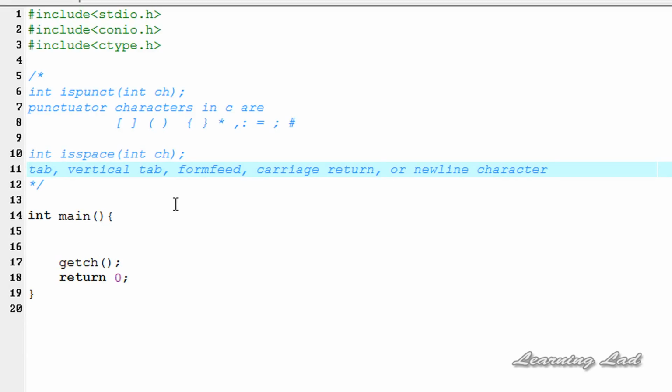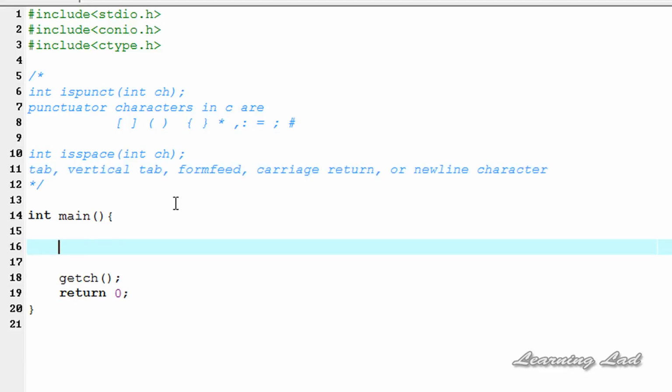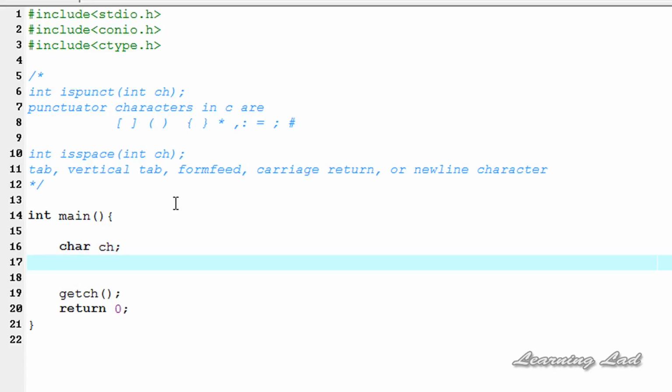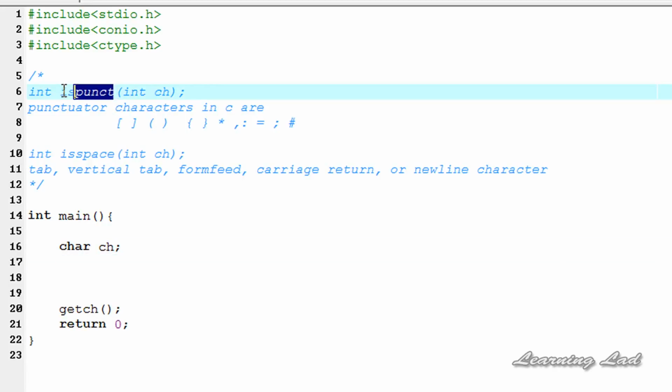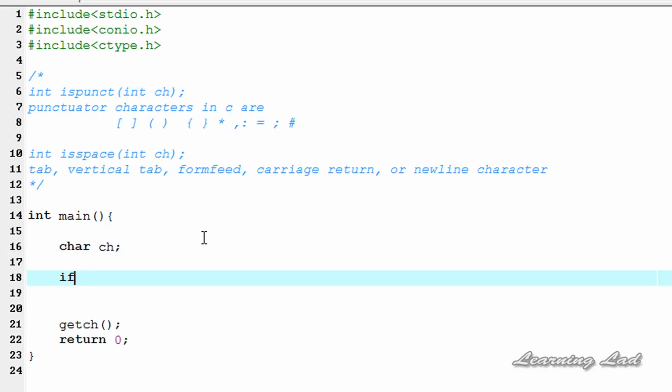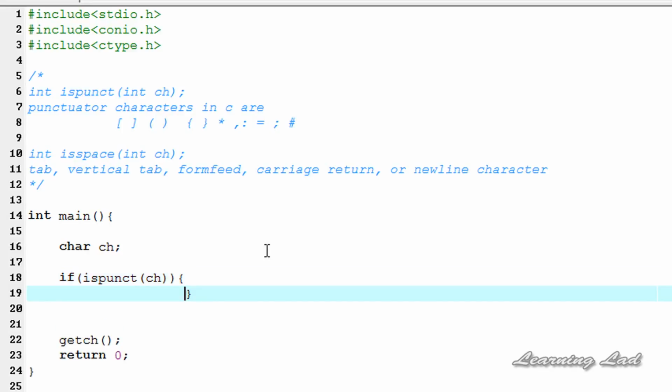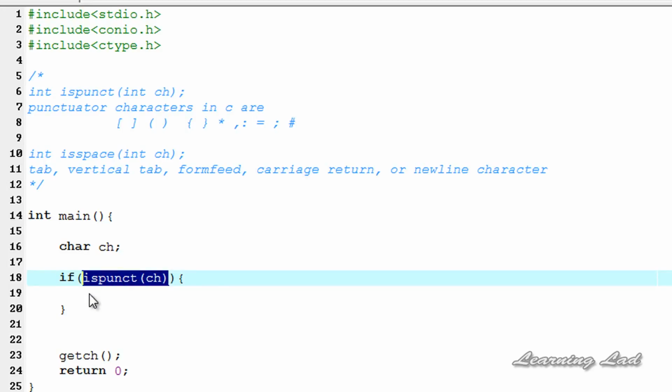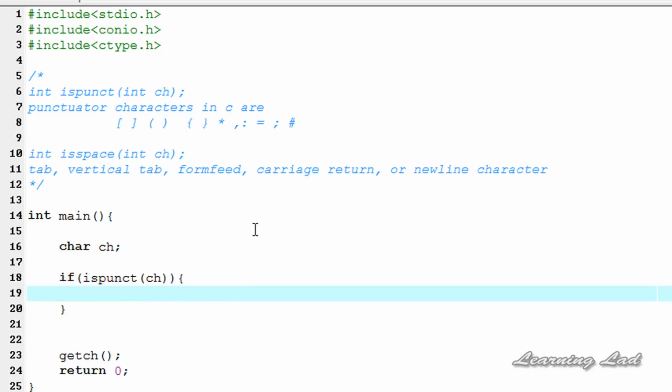Okay, first for the demonstration purpose, what I'm gonna do is I'm gonna create a variable of type character and I'm gonna call it ch, and next I'm gonna use the ispunct function to check whether the character is a punctuation character or not, and I'm gonna use that inside the if statement. If ispunct, and as a parameter we need to pass ch. Then if the character is a punctuation character, then the ispunct function is gonna return a non-zero value, and that's gonna mean success here, and that's why the if block will be executed, and we're gonna say